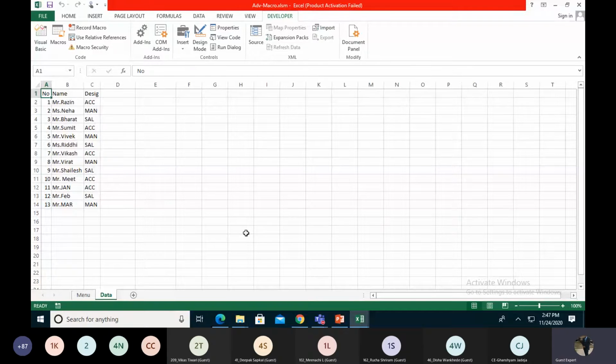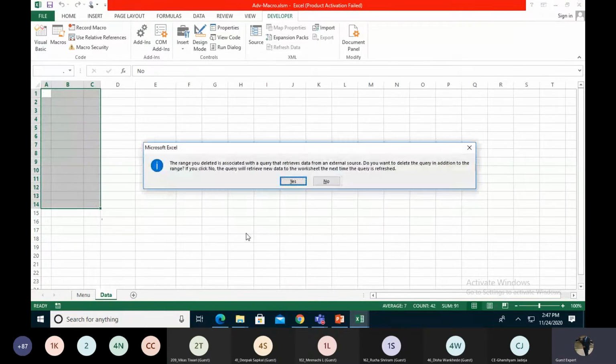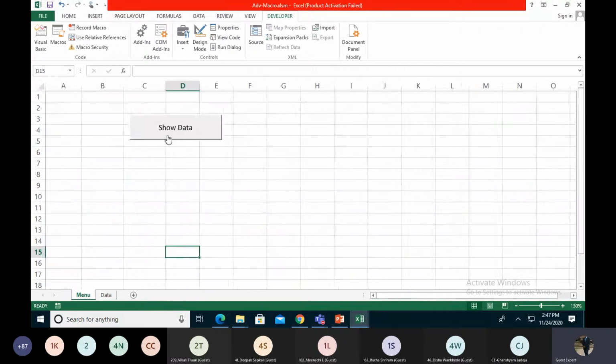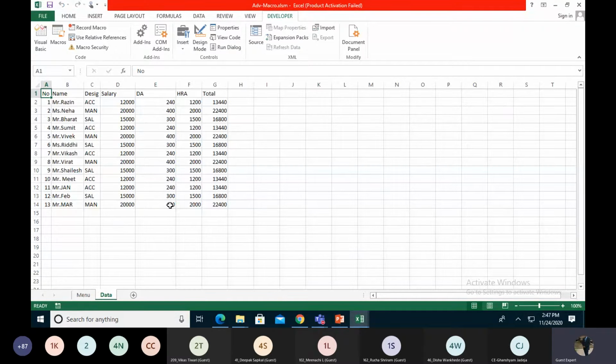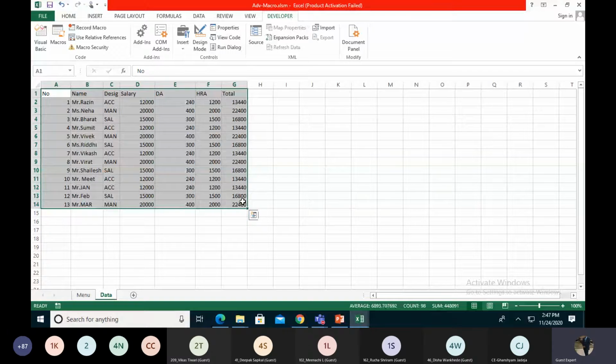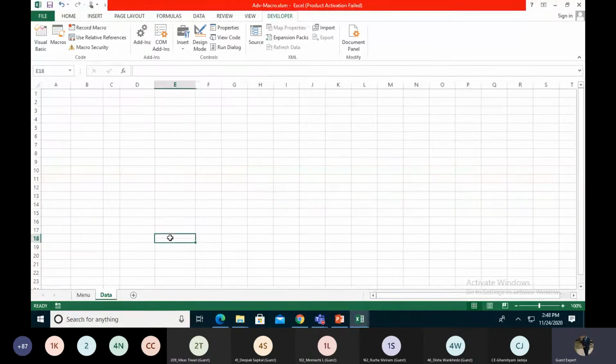We get the data but not in proper format. Okay. Yes. Right now we get the whole data. Once again I'll represent this whole task. See, my cursor should be at A1. Okay.